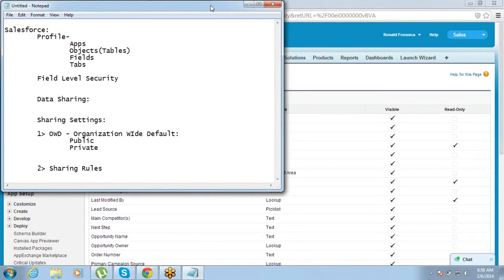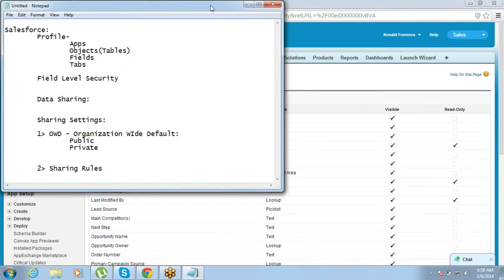The field level security is just the fields that people can see, whether it's visible or not, and then the sharing settings would be like sharing the information in the field, or sharing the information for the contacts, maybe. Right. So field level security is basically restricting the users from one field. Okay.